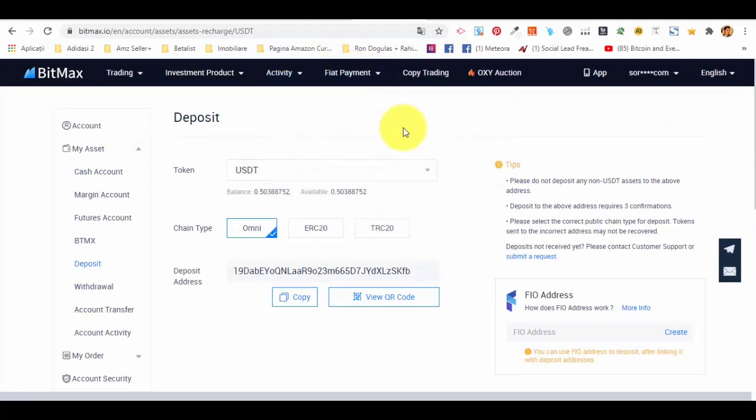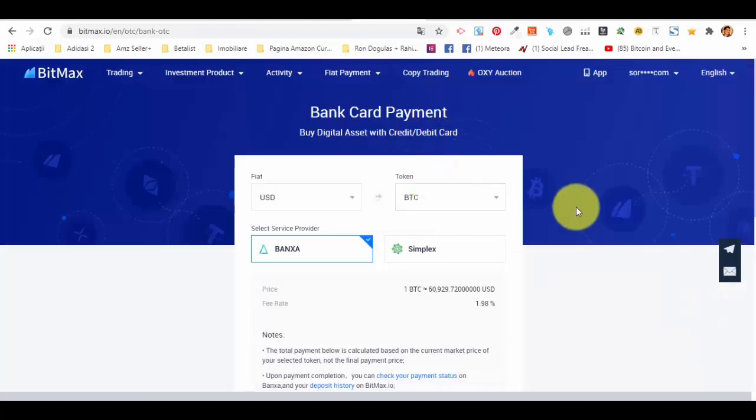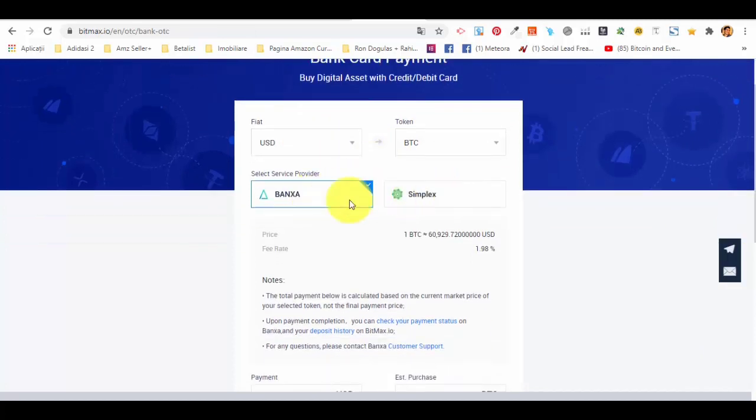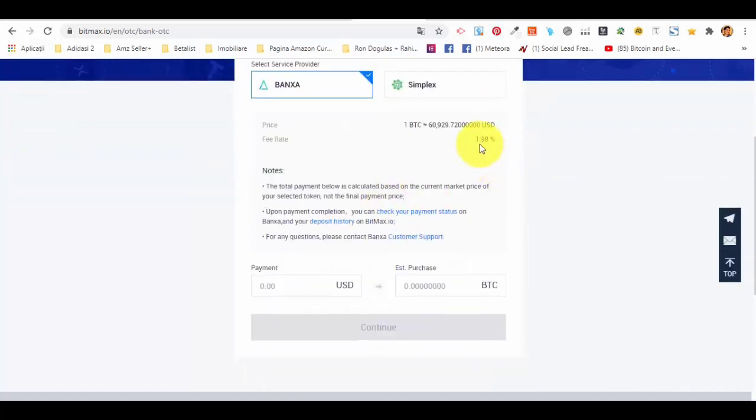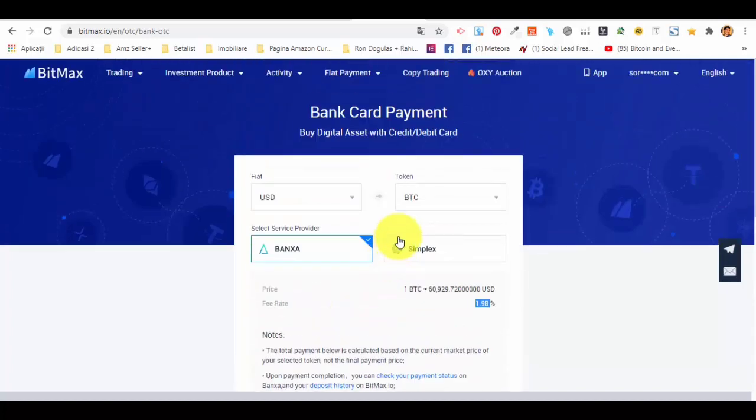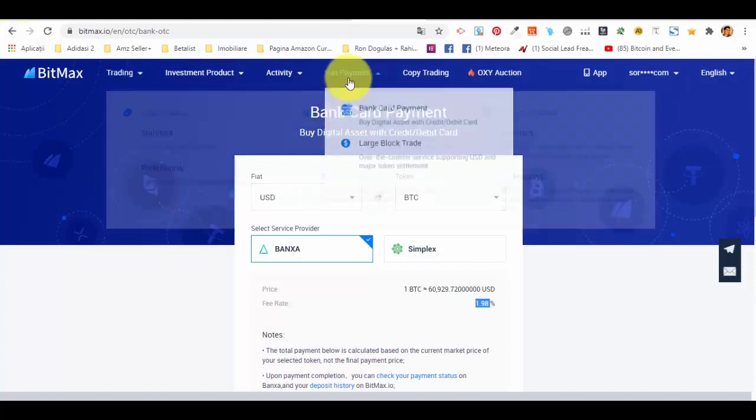I mean, you don't have it directly in your wallet, you just go to the fiat payment and you have bank card payment, and you can use two providers, and basically from here you can make the switches. It will take a 2% fee rate, and you just buy the coins that you want. And after that, because that's what we want to show you,